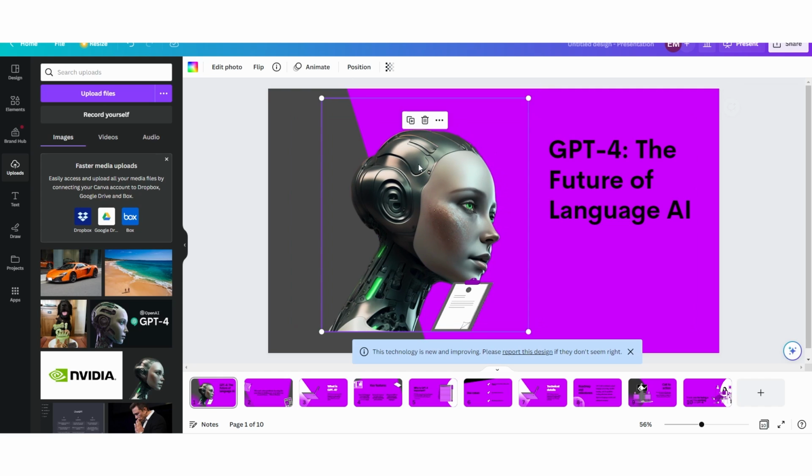Canva is definitely going to be something that I'm going to be using. And I would recommend that if you are creative, if you are someone who makes this kind of content, maybe you work for a marketing agency and you need to create a quick pitch deck, definitely use this because it is very, very good. And so far,